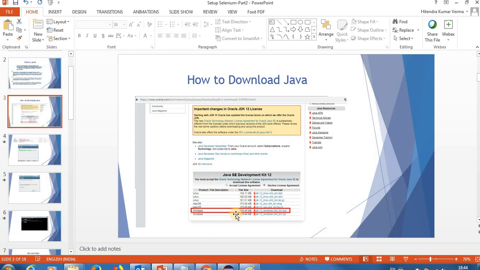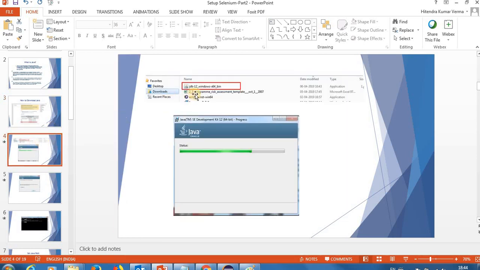So here you can download JDK for Windows. Similarly, you can download for other platforms like Linux, Mac OS and others with the respective links given over here. So here I got my JDK downloaded, and when you click on it, you'll see this progress window.